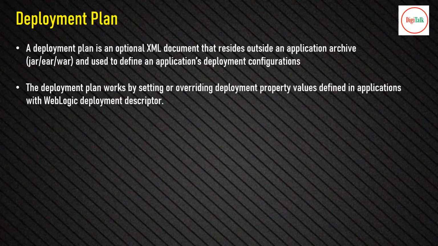Then when you deploy your application, along with the application, you can select the deployment plan as well. You will get this option in the deployment screen once you select your application. You will see the option to select the deployment plan, marked as optional. So if you have a deployment plan file, you can select it and deploy along with the application. Whatever descriptors you define in the XML file, those parameters will be overwritten. That means it will overwrite the parameters that have been defined in your EAR, WAR, or jar file that you are going to deploy.